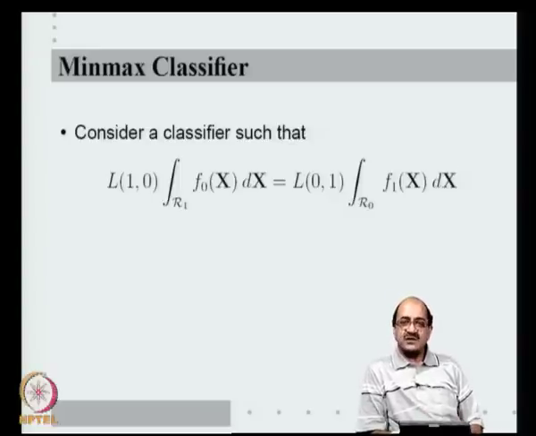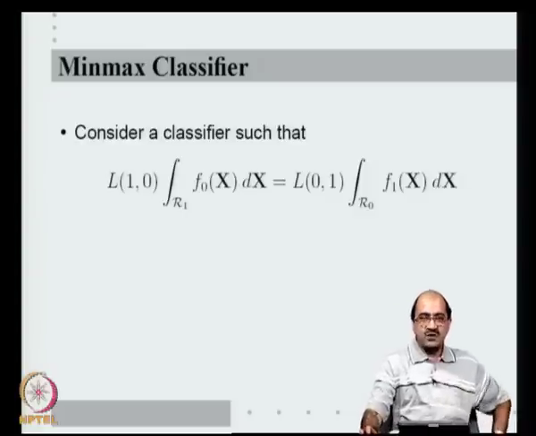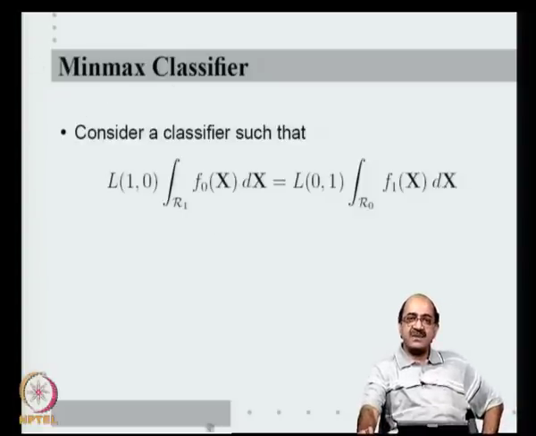So, which means each classifier simply assigns some subset of the feature space where, if a feature vector falls in that subset, I will call it class 0. Similarly, the remaining subset I will call class 1. So, the design of every classifier is simply choosing a region R1 where I will call class 1 and choosing a region R0 where I will call class 0. So, a classifier is designed in such a way that the regions R0 and R1 are so chosen that this